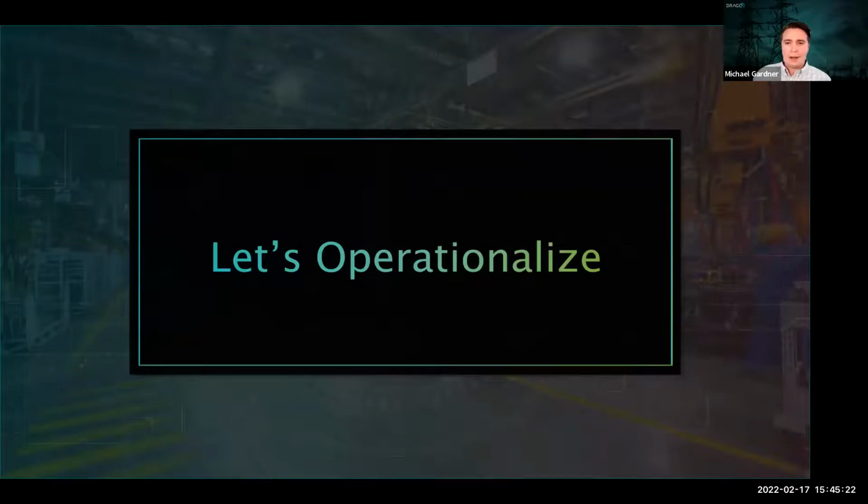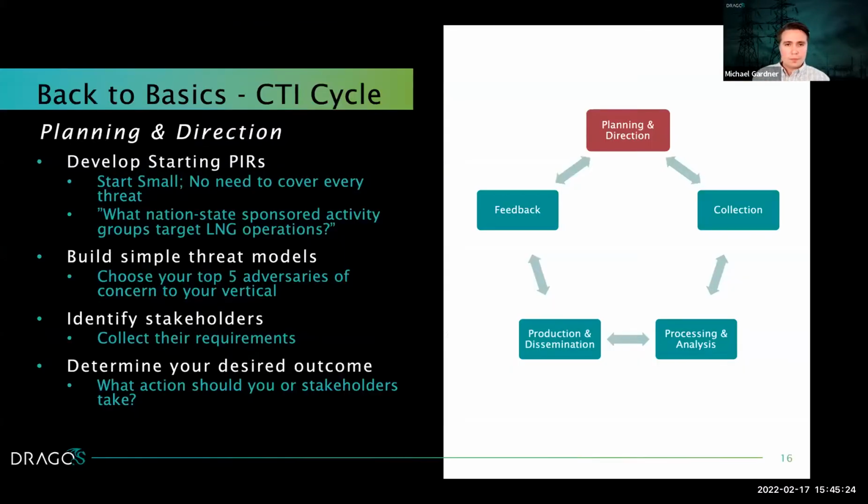So let's talk about how to actually operationalize now. We've covered the importance of ICS threat intelligence and some key foundations. So I want to walk through what you can do to start building out your intelligence program, starting with the intelligence cycle. So there might be some people cringing on the presentation right now just looking at this cycle, because if you Google this, you'll find probably a dozen different versions based on what different Intel professionals have found works